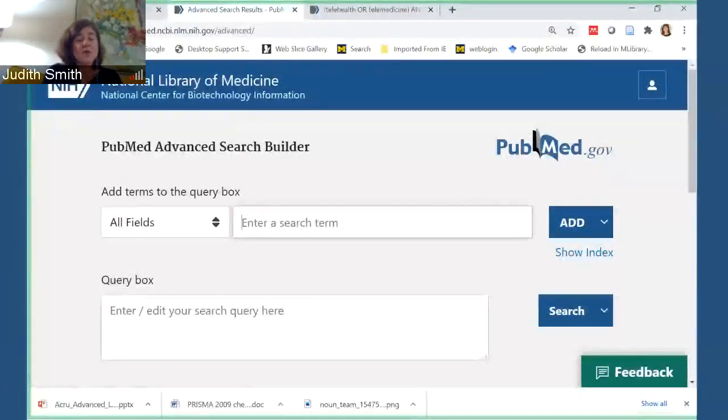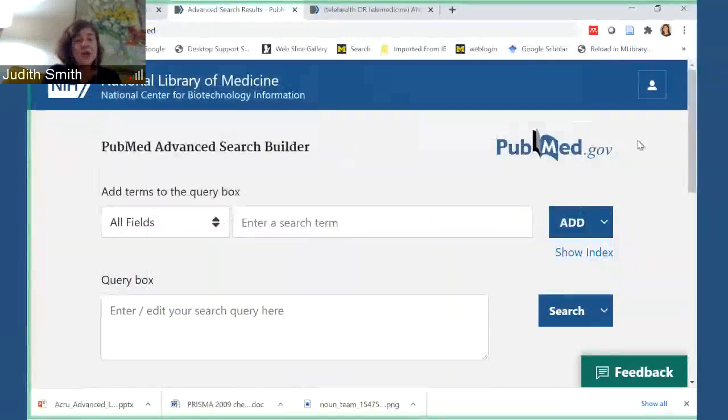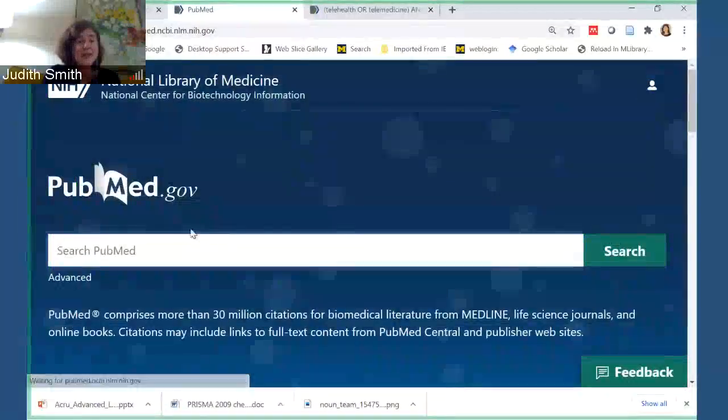So the MeSH term, again, is a controlled vocabulary. It has to be that exact term if I'm searching in that field. So telemedicine, I'm going to add it to this query box here. But then I also know through my exploratory searches that I want to use other synonyms. So I'm going to use telehealth or telemedicine. And I'm using telemedicine in the title and the abstract because it may not be tagged yet with that subject